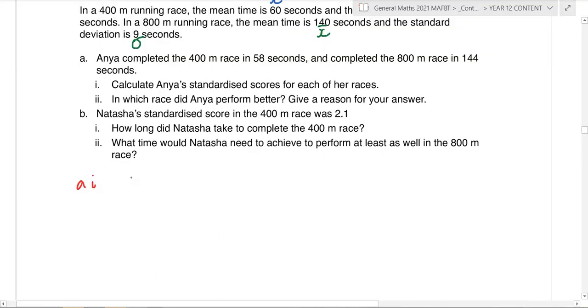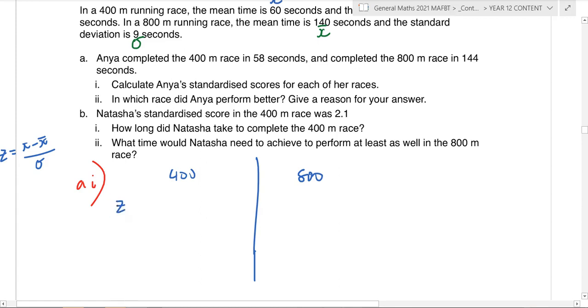Part 1, that's not confusing, I hope, but let's calculate the score for 400, and then for the 800 meter. Okay, so remember the rule for the standardized score was this: Z equals your actual score take away the mean score, divided by the standard deviation. Alright, so for 400,